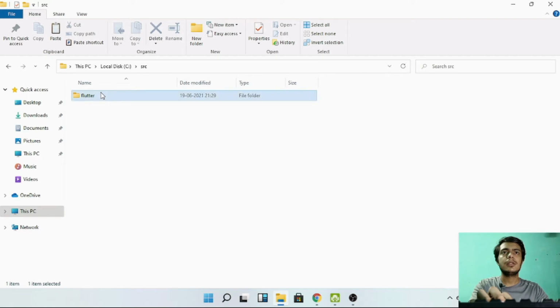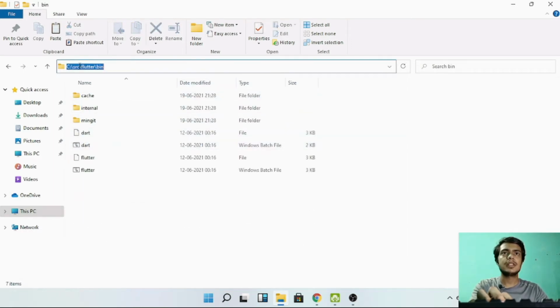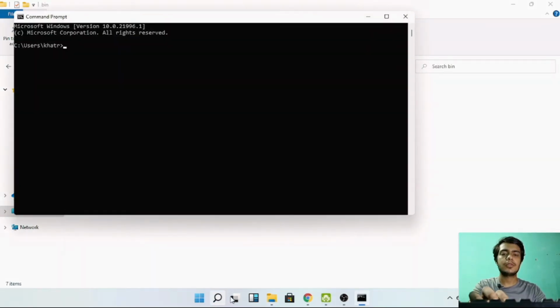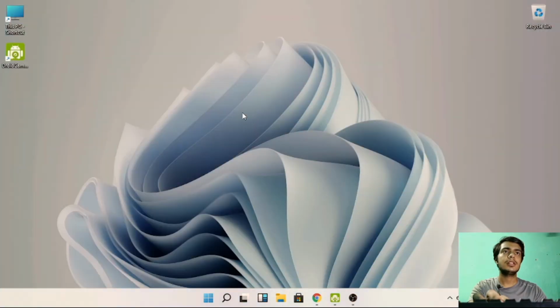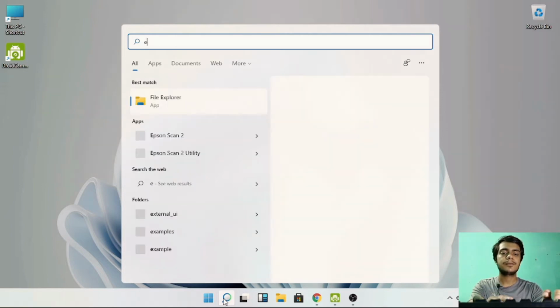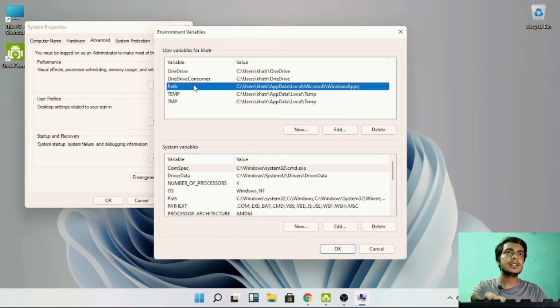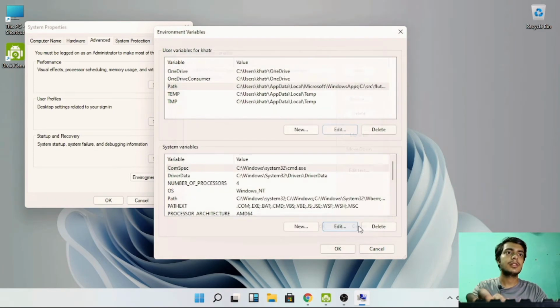and now we will get into this Flutter folder, and here we can see bin. We will just copy this path. First of all, let us see our command prompt. If we run flutter here, it says Flutter is not recognized as an internal or external command, so we will add this to our path variables. So edit environment variables, and here we can see path. We'll click on edit, click on new, paste it here, okay,